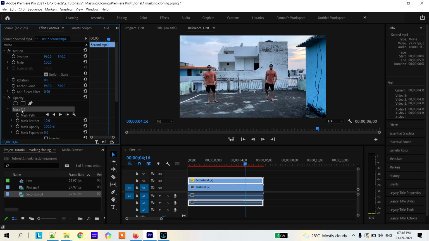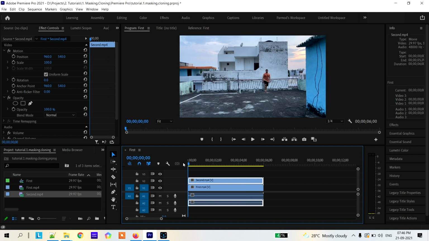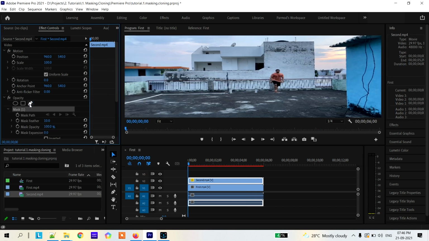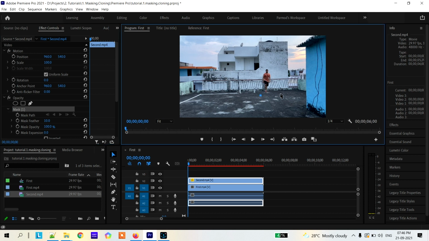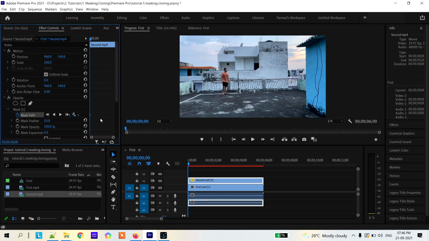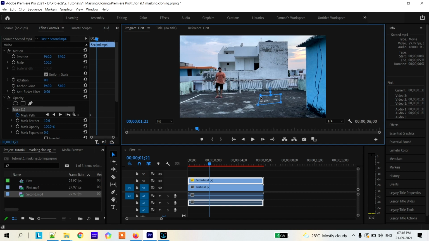So for this, let me delete this one, and let's go to the start of your clip. Now create a mask where you are not showing your person in the initial stage, and then you will click on this icon, which is like a clock. Just click on it and it will create a keyframe. And now let's move some frames ahead. Let's go somewhere here, and then change the size of your mask, something like this.